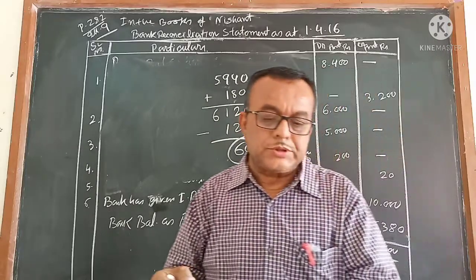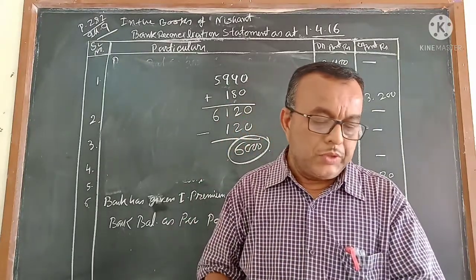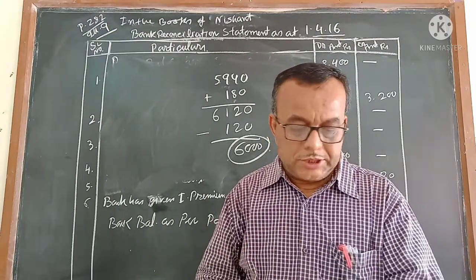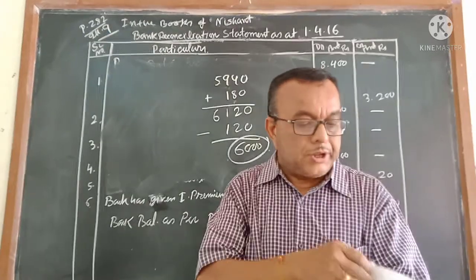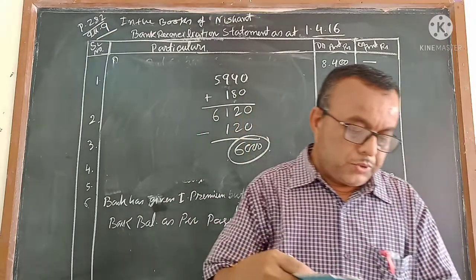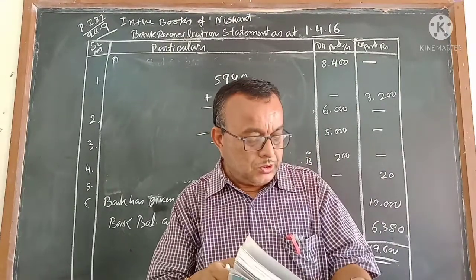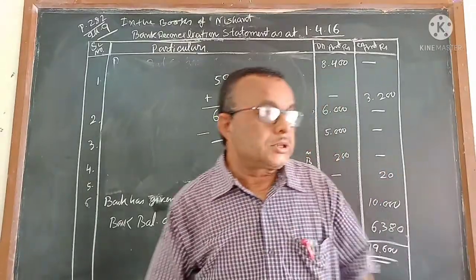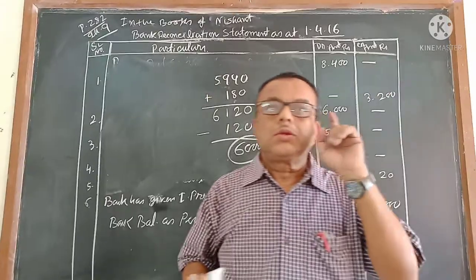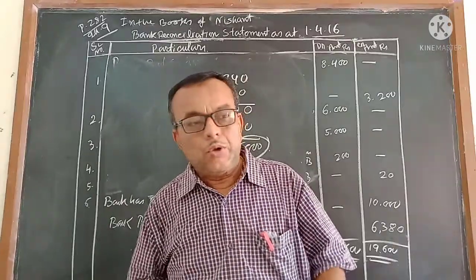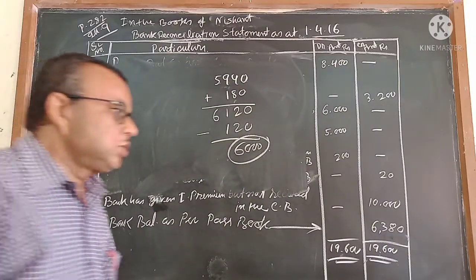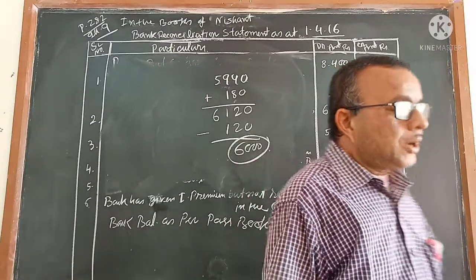One more different type of sum I will explain in the next video. Like this, a few questions you will get from your exercise on page number 293, 10 questions, as well as the 11 questions also; that also you will do. Hope you will try. If not possible, you will tell me. And if you do not understand in any place, you will tell me. Bank reconciliation statement, this is I think the 5th video. One more video I will explain in detail, a few sums from the exercise also I will do from this chapter.